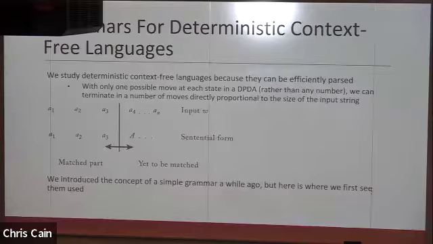So we introduced the concept of a simple grammar, and it turns out that a simple grammar matches to deterministic pushdown automata. It's that same language class. So simple grammars represent deterministic context-free languages, and if a simple grammar exists for a language, then a DPDA also exists, which is really cool to see. So it's a relevant language class, yeah. Does that go both ways? So if the DPDA exists, a simple grammar? Yep. Very nice.